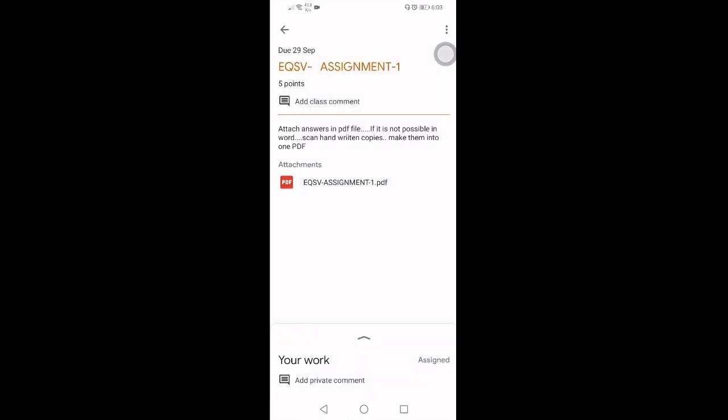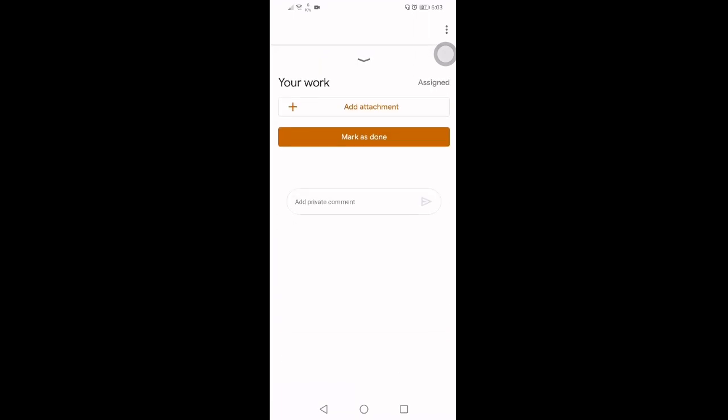So how can we send the answers to these questions? As given by the faculty, let us drag this upwards, and we have options like your work is assigned. Next we have to add an attachment. Click on add attachment, and we must have a prior PDF file written by us. Suppose the faculty gives us problems, we have to write in an A4 sheet and make it a PDF by using different scanner options we have in the Play Store. So we have to send it as an attachment.